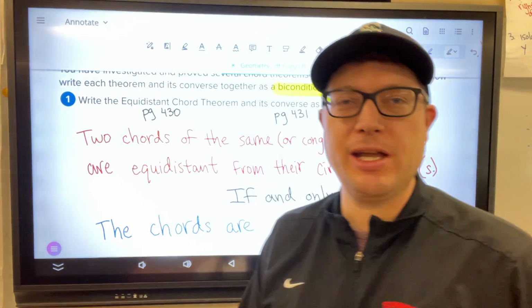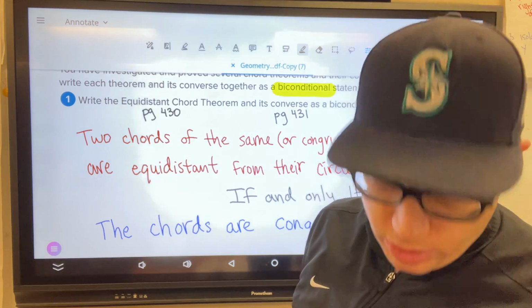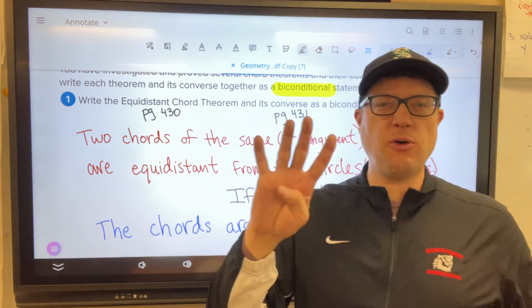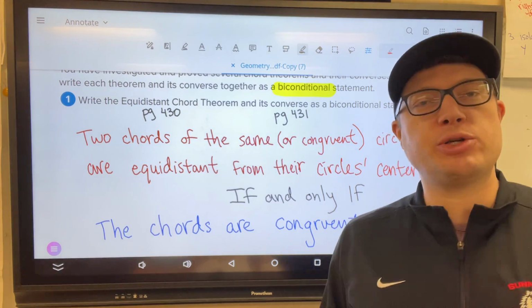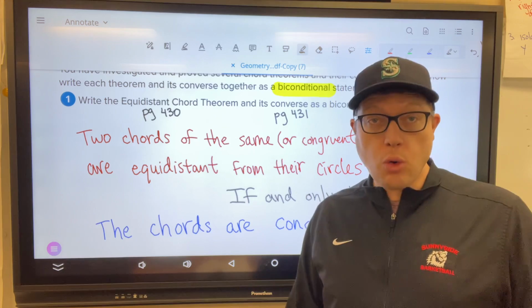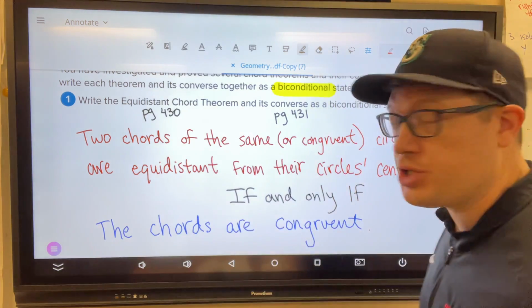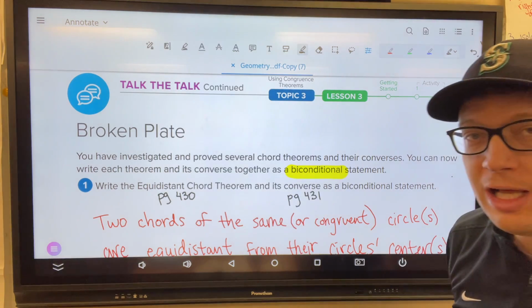What's up, everyone? This is page 436. And in this video, we're going to wrap up page 435. We're going to write some geometric statements based upon all of the work from this lesson 3 on chords in circles. And so what I want you to notice is we have a direction in our lesson right here